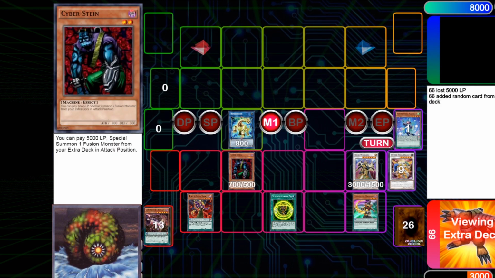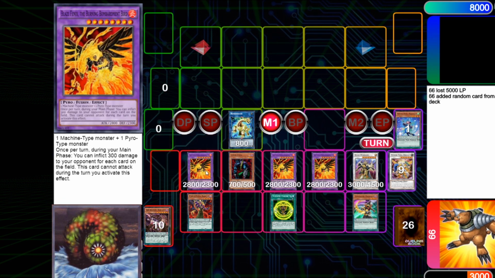free. So what we're going to do, we're going to summon 3 Blaze Phoenix from our extra deck for absolutely free. And what Blaze Phoenix does is during main phase, inflict 300 damage for each card on the field. So this actually adds up to 8,100 because 300 times 9 times 3, and that is enough damage to deal 8,000. But here's the thing, we play Upstart in this deck,